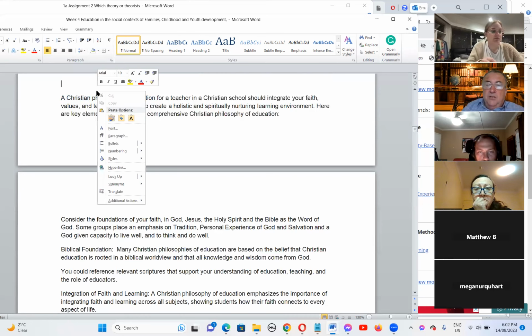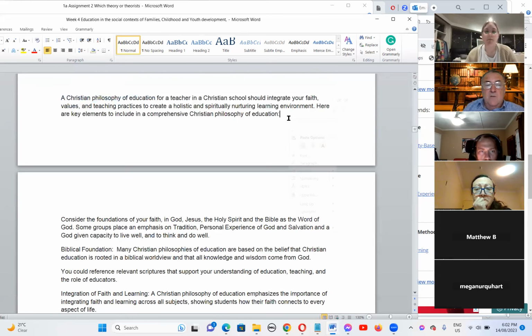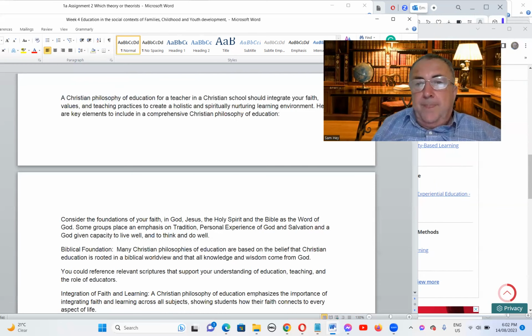And in your assignments, you could have a paragraph or so on a Christian philosophy of education, and even better, you could have a scholarly reference or two or three that you got from Google Scholar or the online college library resources. David Southwood and then Gip, what are some Christian aspects of a philosophy of education that would be useful including?